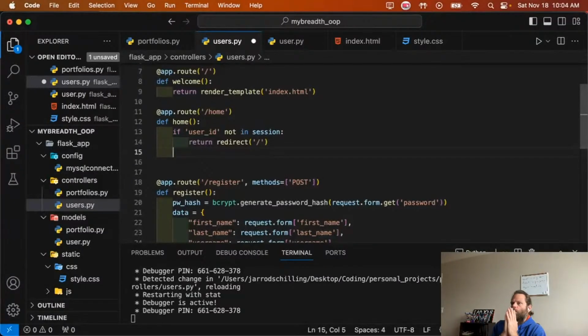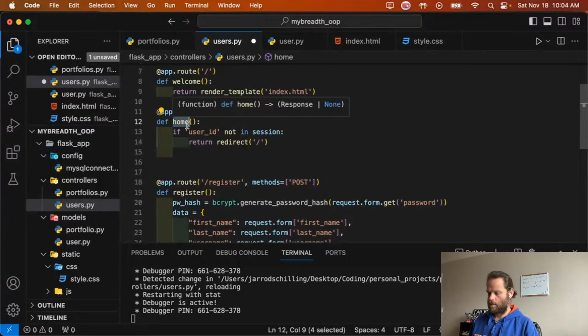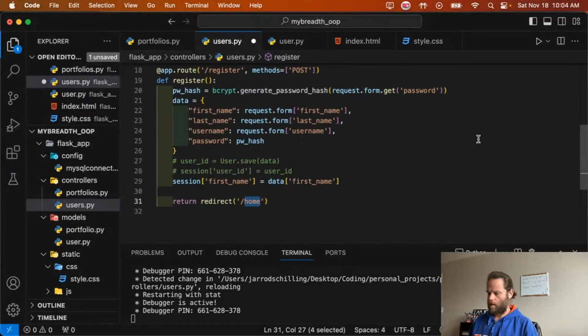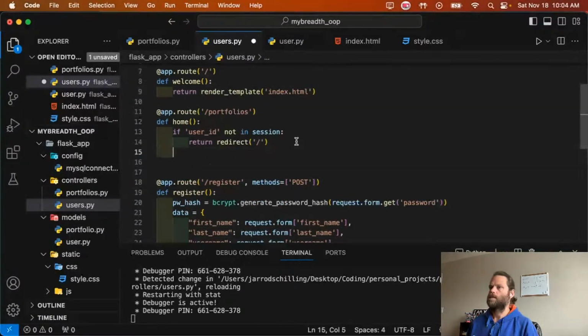I guess you should just take it to their portfolio page. I don't really need a home. I feel like this should just be portfolios, which although would be on the other route. Yeah, maybe that's what we'll do here. So I'll move everything. I'll just do these three things. One, register, login. I'll worry about that one. We'll just do portfolios. I'll copy this over because then this will just